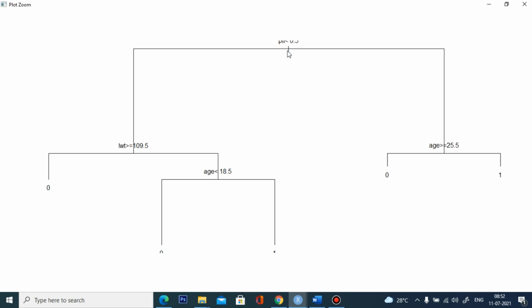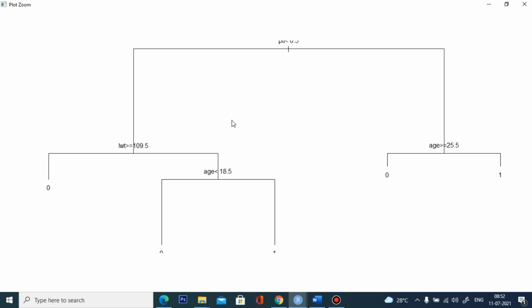Okay, there is a 1. For this I'm taking the right side. So if you have one or more premature deliveries and at the same time your age is greater than 2.5, then it is possible for a low weight child. Okay, so in the same way we can make a lot of statements from this decision tree.